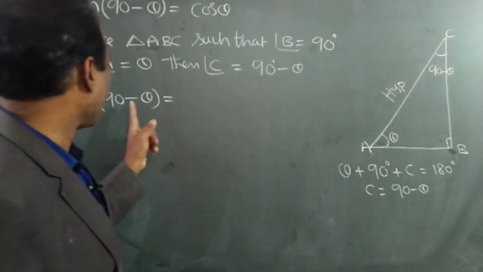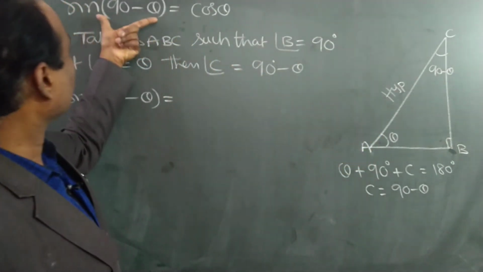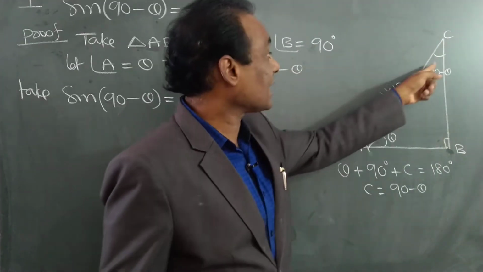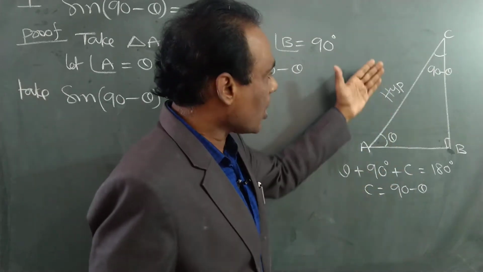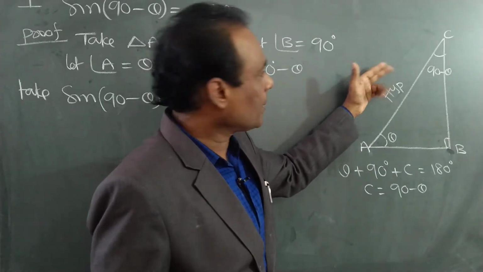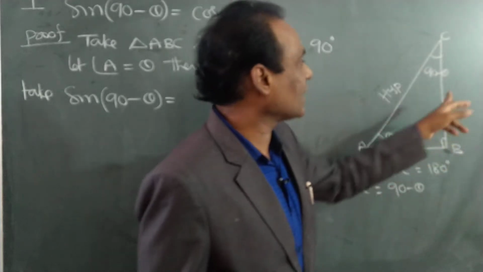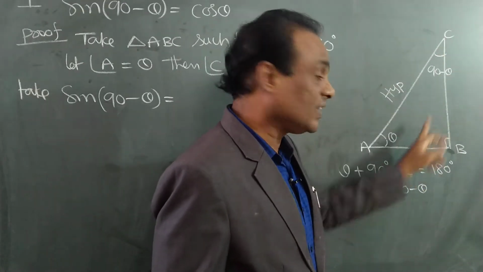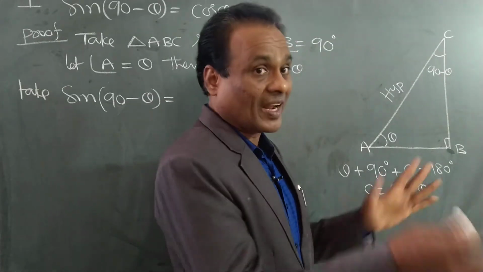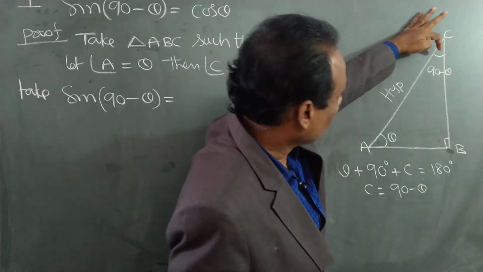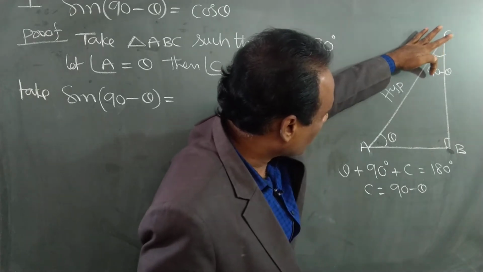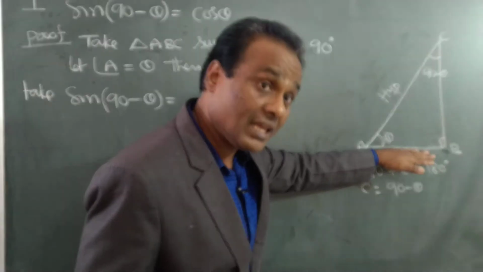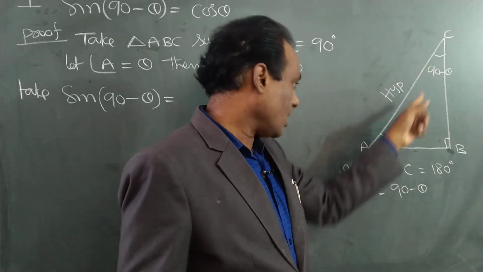Here also, see, I am not taking theta because the question is sin 90 minus theta. So theta I am not taking. This angle I am taking. For this angle, the hypotenuse will be the same, but opposite and adjacent will change. Generally this is opposite, this is adjacent, no? So if I am taking this angle, the names will change. Left, right, like that. So for this angle, what is the opposite? AB.